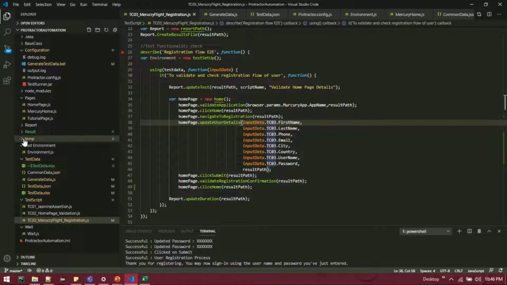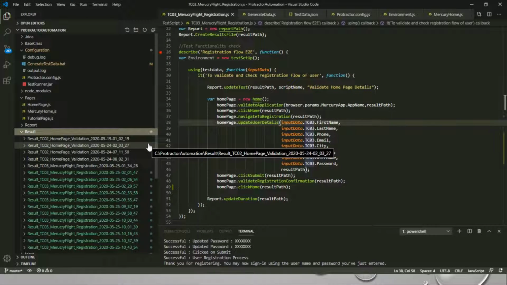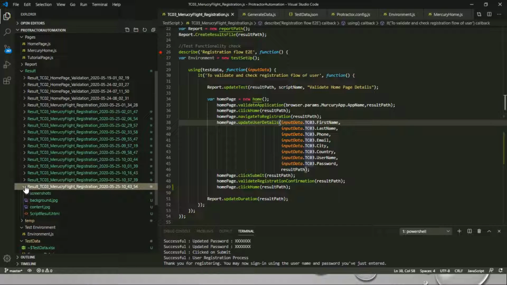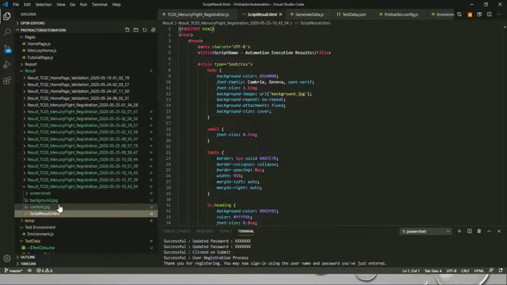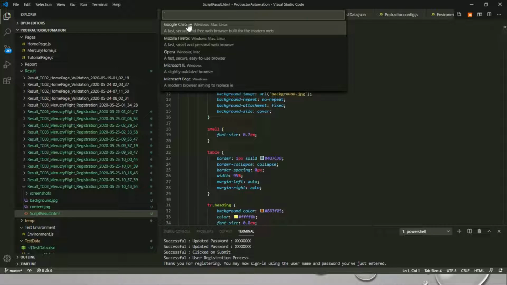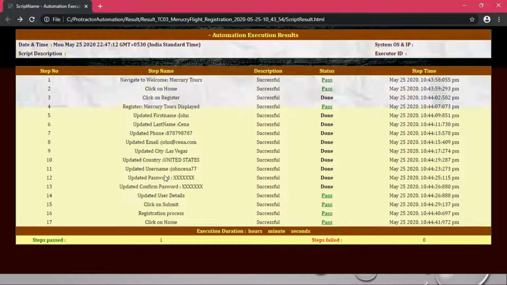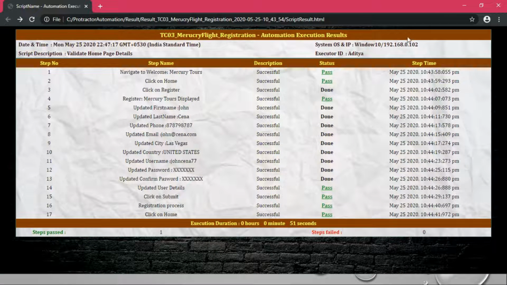The latest result should be here, yes, 10:46 p.m. Yeah, this one I've just executed. Let me open the script result in another browser, Google Chrome. As we can see, the registration process for John Cena was successful, and all the details update was done. So this is the current result that I've just executed.